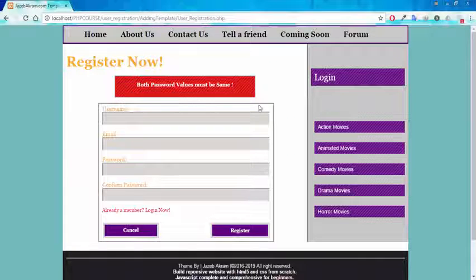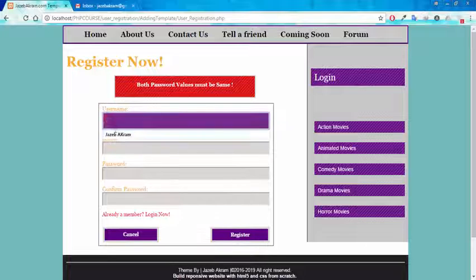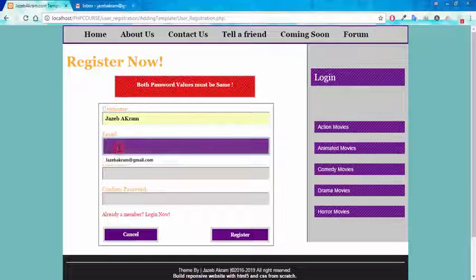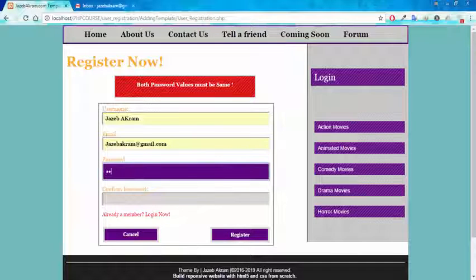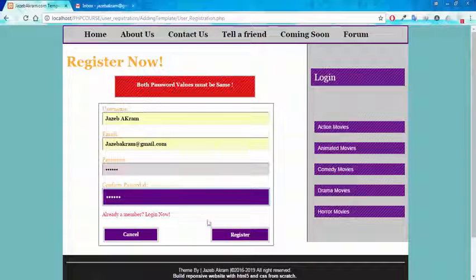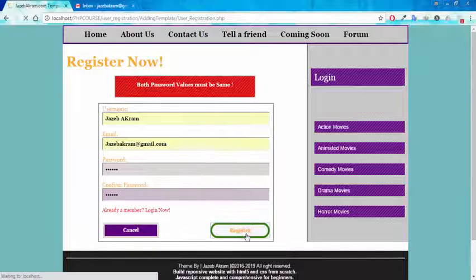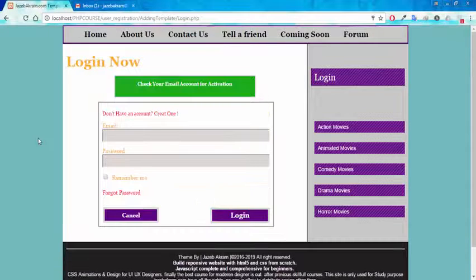So we are going to apply these types of validation checks so that we could only get correct information from the user. So giving my correct information, Jazib Akram, email to be jazibakram@gmail.com, password to be 12345, same. Click on this register button. It's processing. Now I'm being redirected to login page, and I got this successful green message that check your email